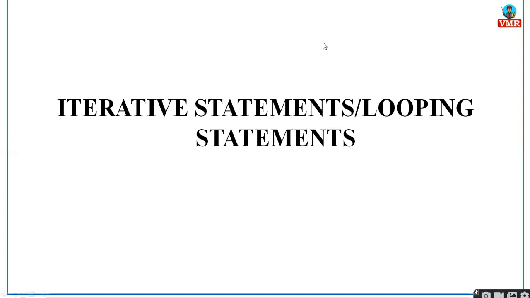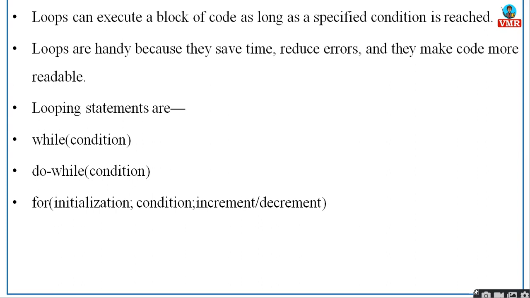In this, you'll mostly have different types of iterative statements, especially while, do while, and for loop. So while loop, do while loop, and for loop. These are the iterative statements we will generally be using. Loops can execute a block of statements